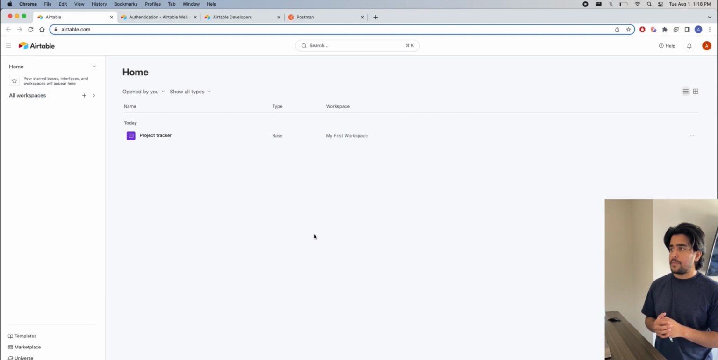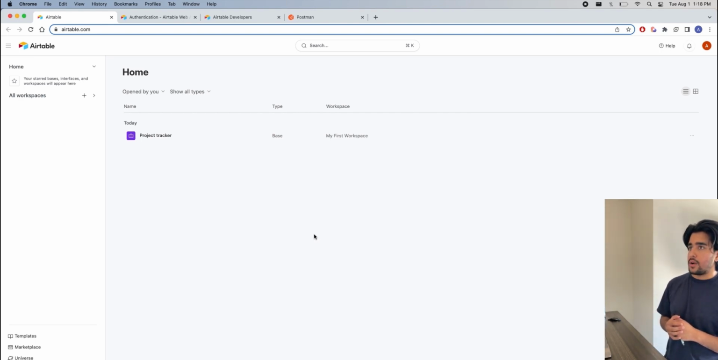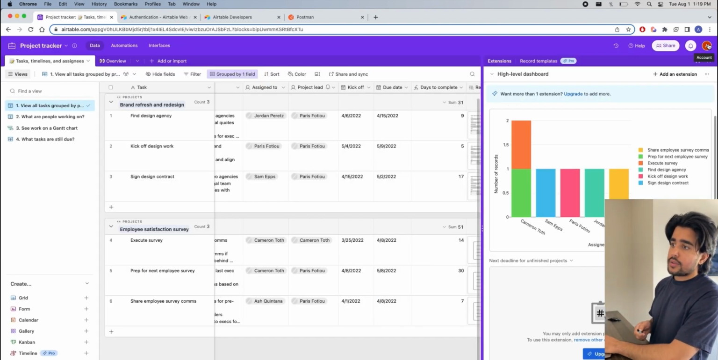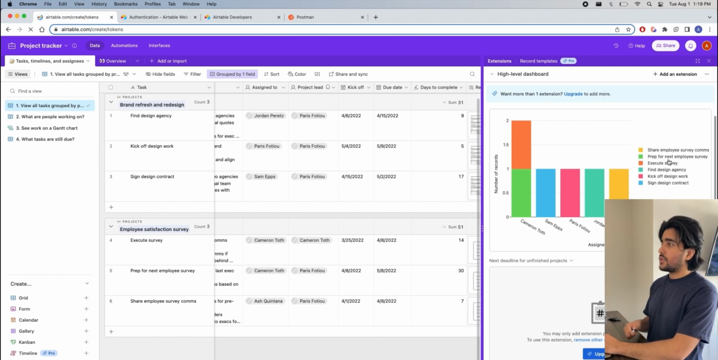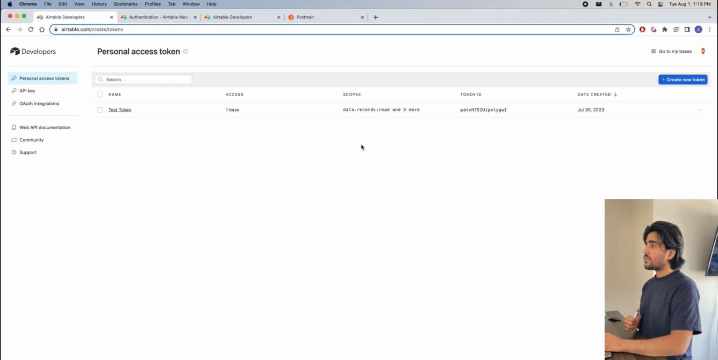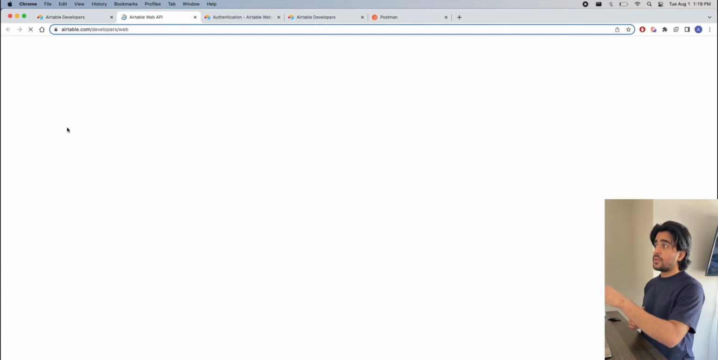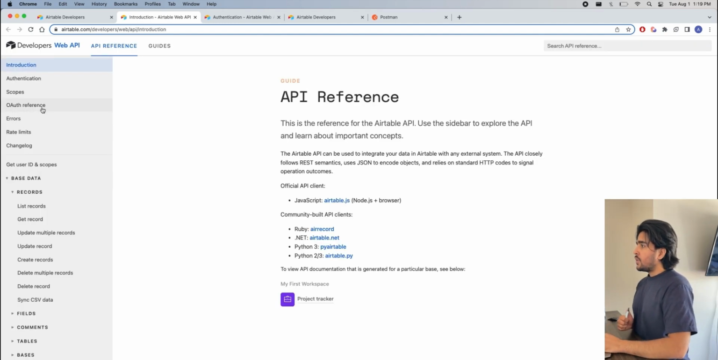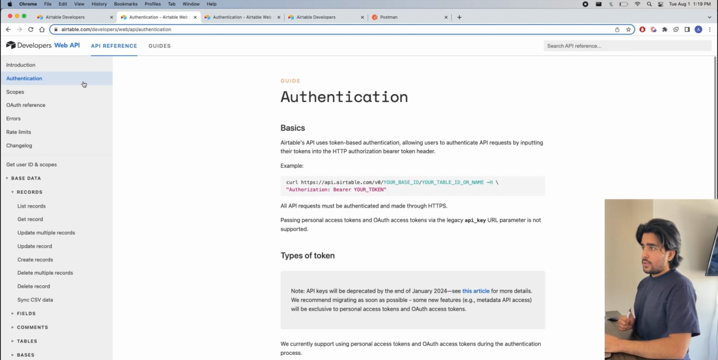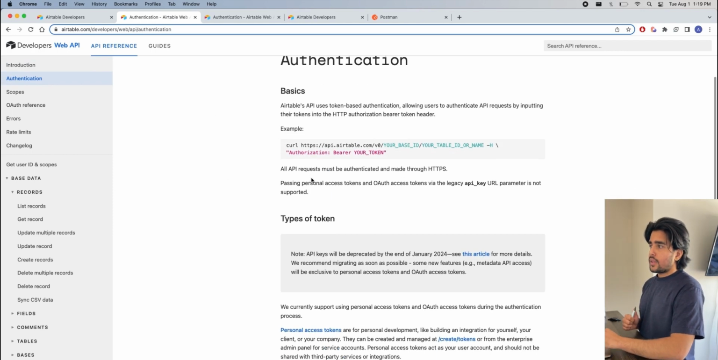So I'm going to go to our name in the right hand corner, and then click on Developers Hub. Once you click on Developers Hub, we're going to read the documentation, and if you go into authentication, it says right now that before it was